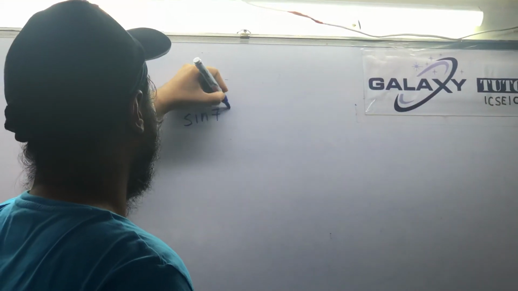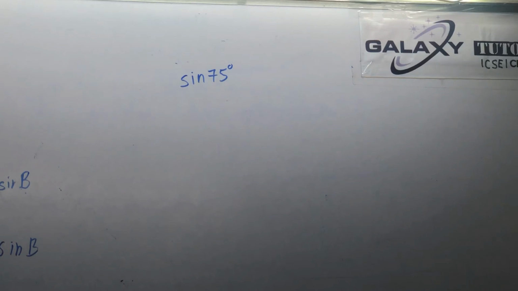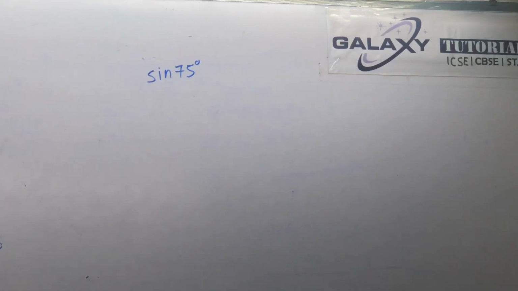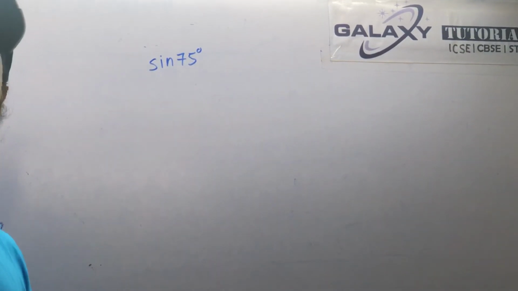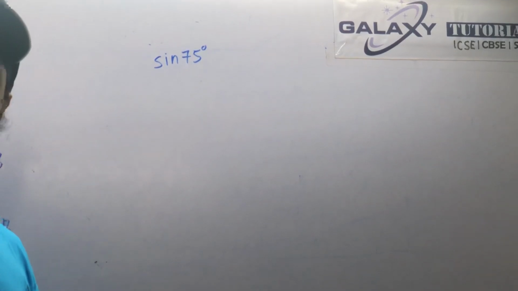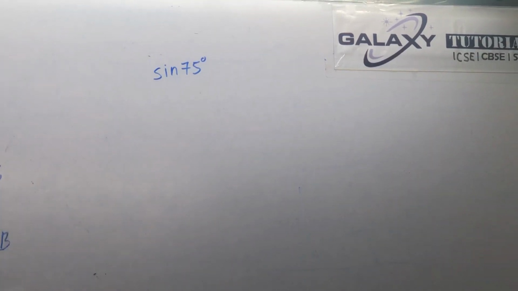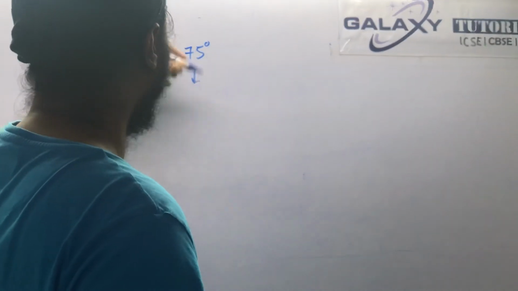Let's do a question, sin 75. Now how will you find the value of sin 75? I have told you compound angles. Now you have to use that concept somehow to find the value of sin 75. You don't know the value of sin 75, but what values do you know? You know sin 30, sin 45, sin 60, sin 90. If you use the sum of any two of these angles, can you make sin 75 so that you can use the formula sin(A+B)?